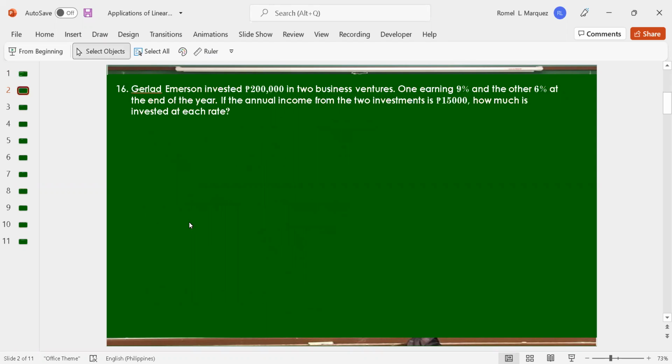Let's have the next number. This is about an investment problem. Gerald Emerson invested 200,000 into two business ventures, one earning 9% and the other 6% at the end of the year. If the annual income from the two investments is 15,000, how much is invested at each rate? So first we represent what? The first investment, the one earning 9%. Let X be the amount invested